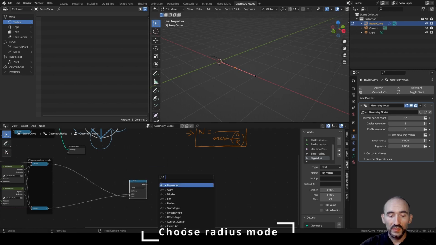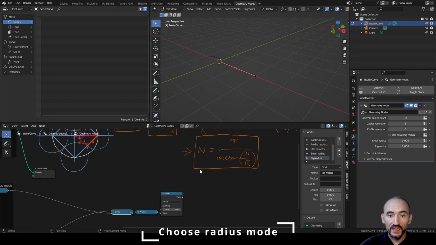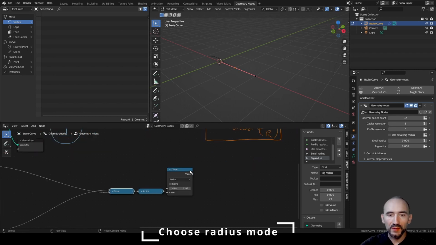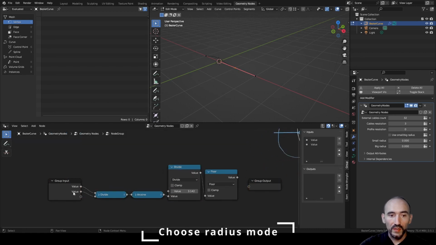Next I need to calculate the arc sine, and next I need a divide value between pi and this result, and this can give me this number of resolution that we need to fill the inside part of the main cable by cables. Because this output needs to be an integer number, we need to calculate the floor value, not the ceiling. I can select all these nodes, Ctrl G, and I can rename and invert this input here